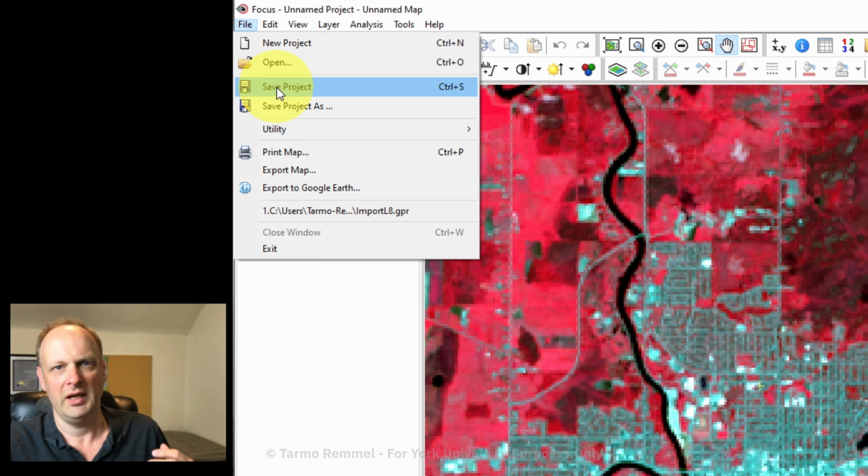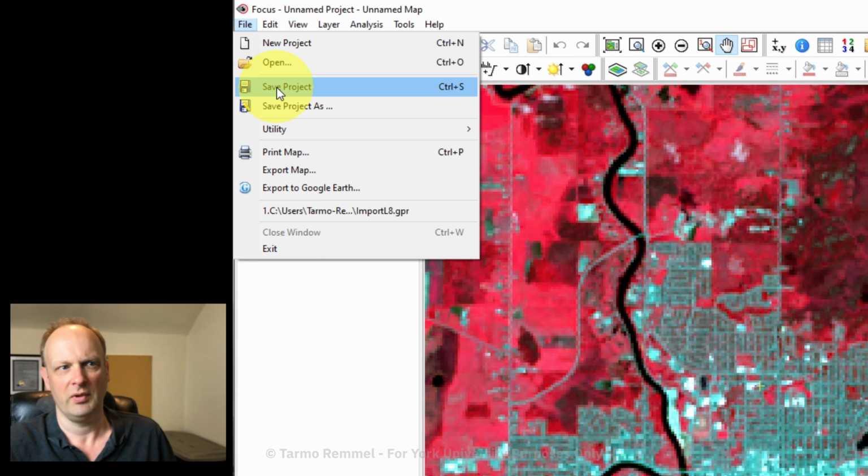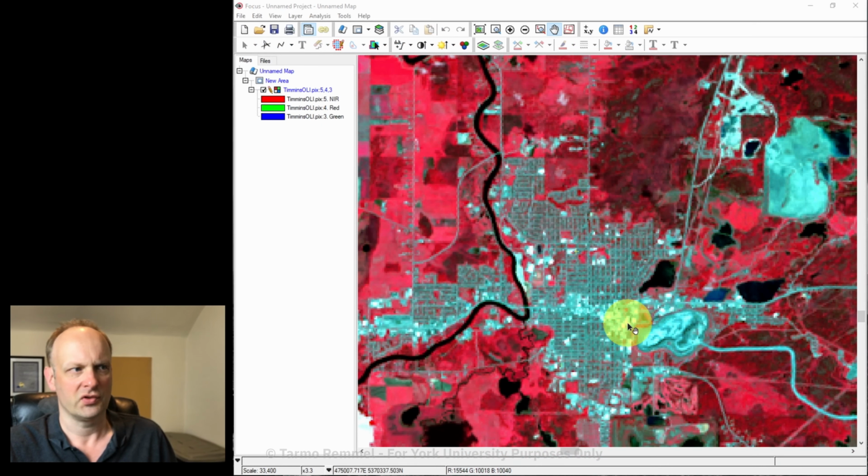So you really want to make sure that you save whatever you're doing to your PIX file, and you might use the project to keep things organized and keep everything for a single assignment in one project, but make sure that you create unique copies of everything in a folder on your computer that isn't going to get messed up in any other way. I'm going to go back to the full screen, and we're looking at this data set